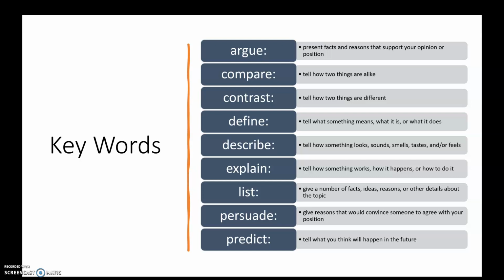And predict is also what it sounds like. Tell what you think will happen in the future based on the information that you have already or that you will be presenting. A lot of these probably seem familiar now. And the reason they seem familiar is because we've taken the time to learn the different paragraphs and the different approaches that go with these prompt words, which are, again, words you're very, very likely to see in prompts in the future. So hopefully that makes some things make a little bit more sense as to why I've taken the approach that I have.